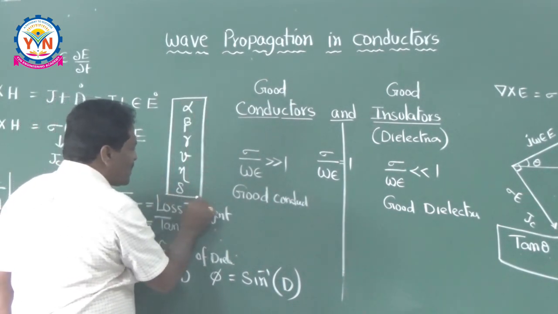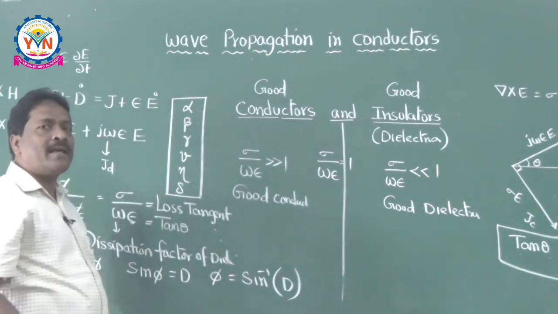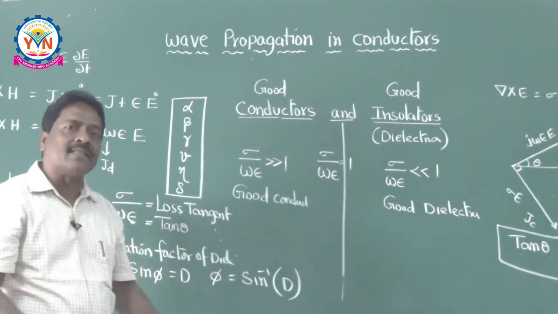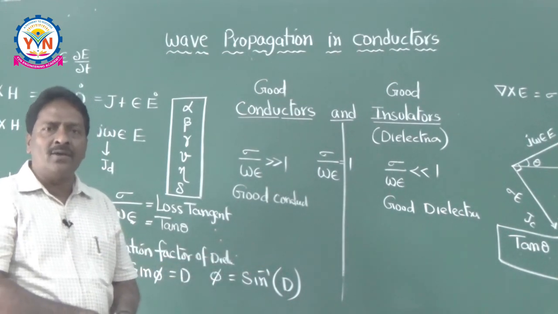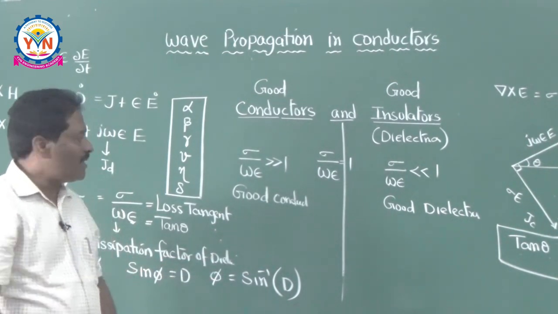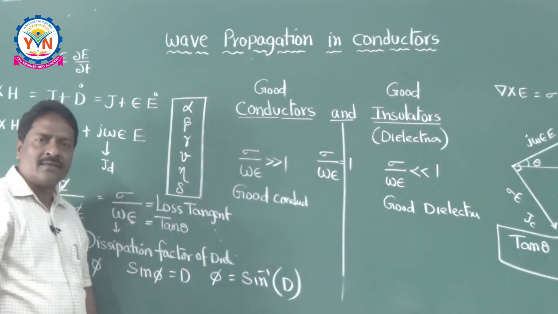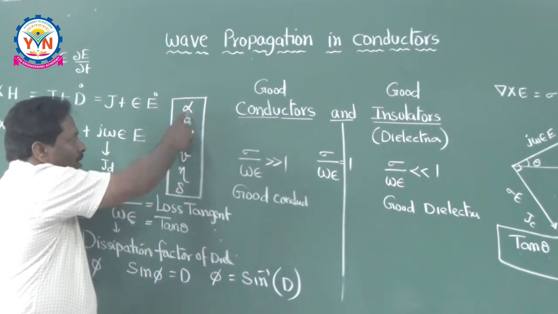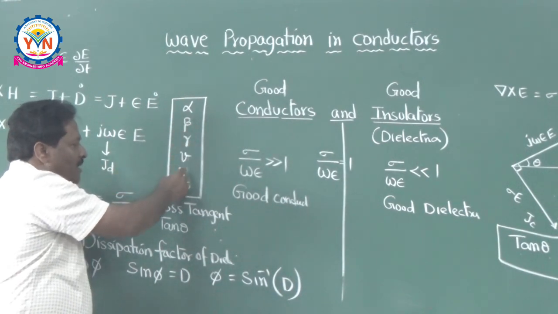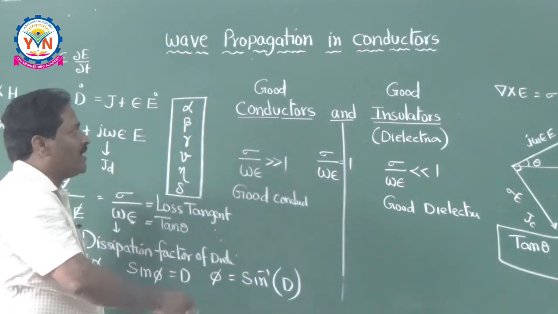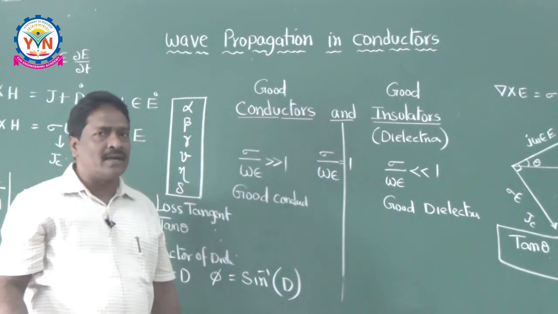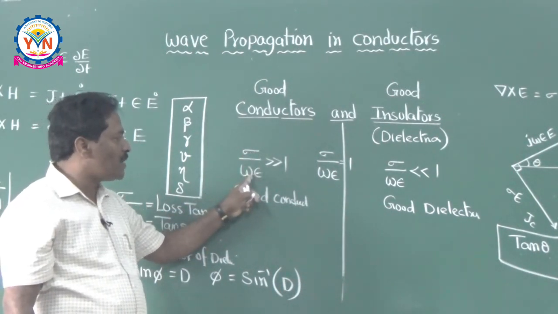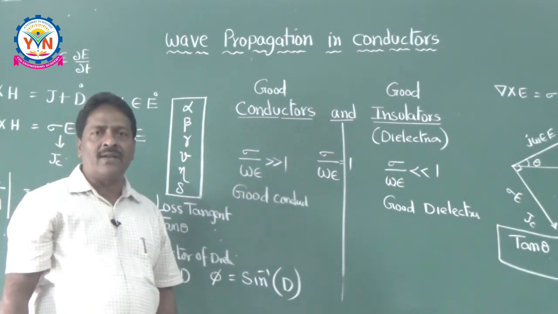After discussing all the mediums, let me compare all these parameters for all the mediums in a single place. I think you have followed this discussion, and in the next class we are going to discuss the estimation of these wave parameters like alpha, beta, gamma, velocity, eta, delta for good conductors. What is a good conductor? We are going to take the approximation sigma by omega epsilon is very, very much greater than 1.